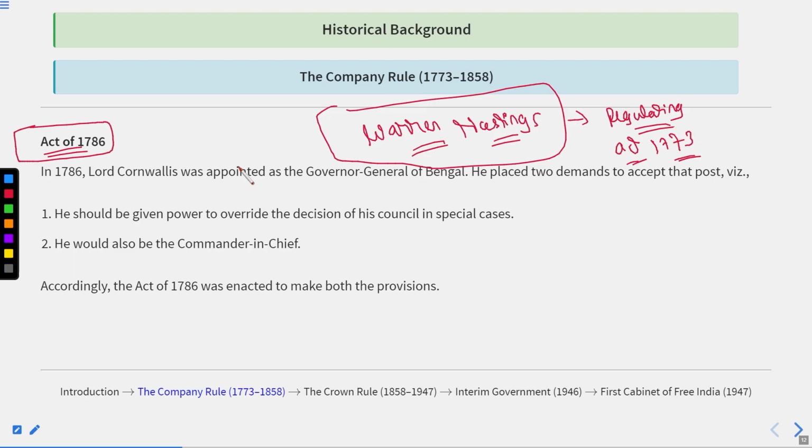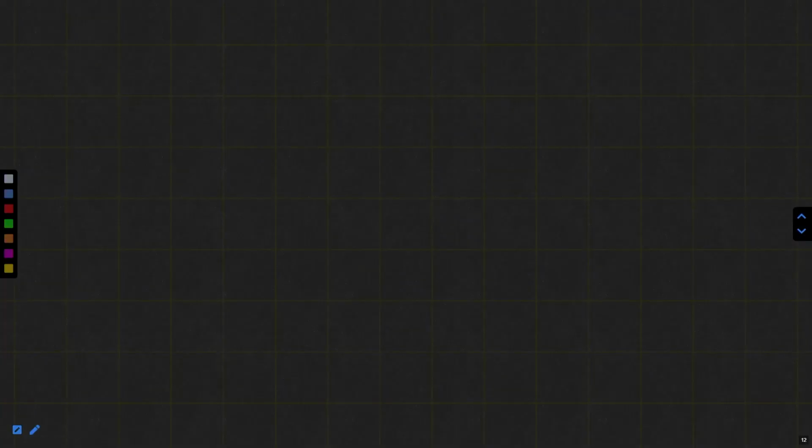All right. Similarly, Lord Cornwallis was appointed as a Governor General of Bengal, but he had placed two demands before the British Parliament before he was going to accept this offer. The first, that he should be given power to override the decision of his council in special cases. So what is a council? Basically, we had discussed that the